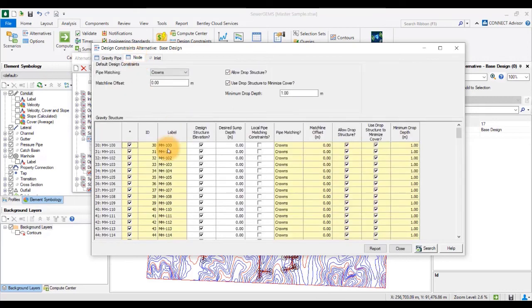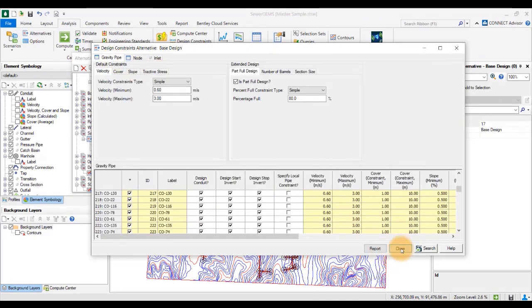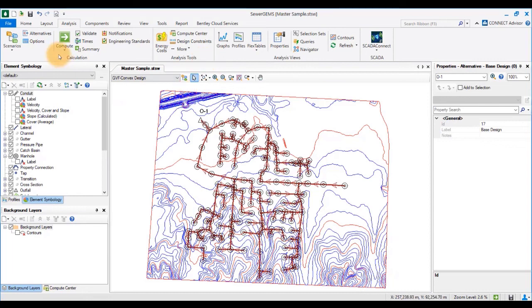And for the node, we can see that all the manholes are checked on for designing the structure elevation, but we will uncheck MH41 as we know the structure elevation. Okay, we know the invert level, so we don't want to design that, but for every other manhole the option is checked on.